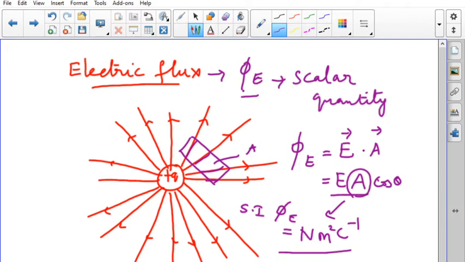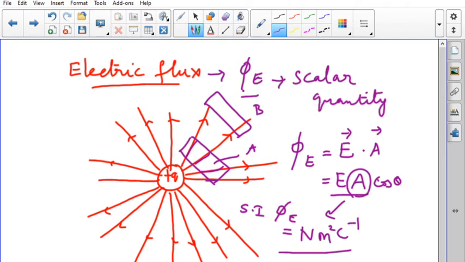Now let us learn electric flux in a uniform electric field. Before getting into the topic, we will recall a fact we have already learned. When the distance increases, now we have taken an area A, which is just closer to plus Q. Definitely the number of field lines crossing the given area will be more than for the area B, because the distance increases. When the distance is closer, the number of field lines crossing the given area will be more than the one at a greater distance from the charge.